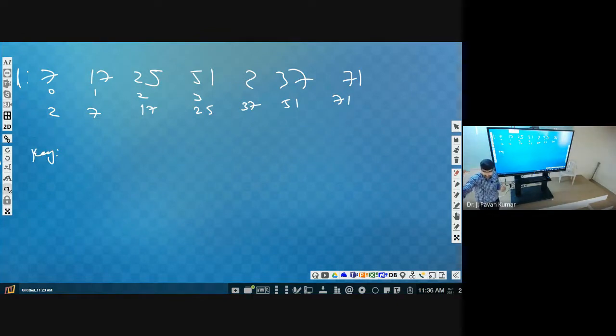Let us assume it is not present in the list, like 39. In order to conclude it is not present in the list, we have to perform 7 comparisons using the earlier procedure. But by knowing that this list is in sorted order, what we can do is, first of all, we will